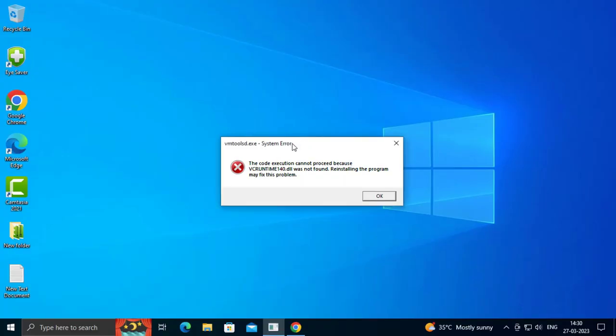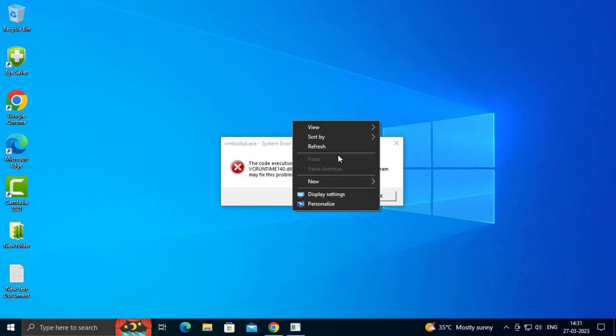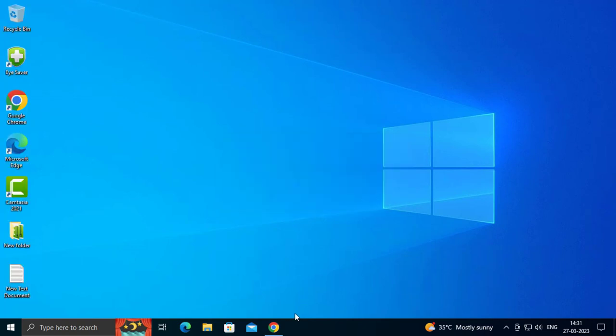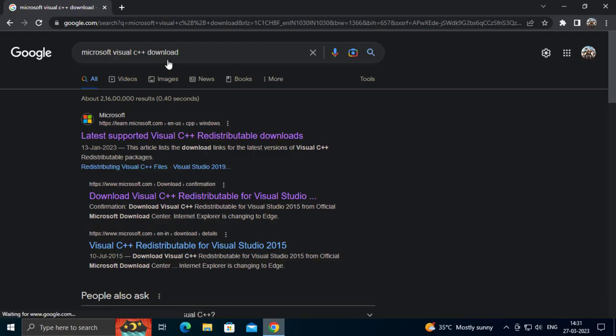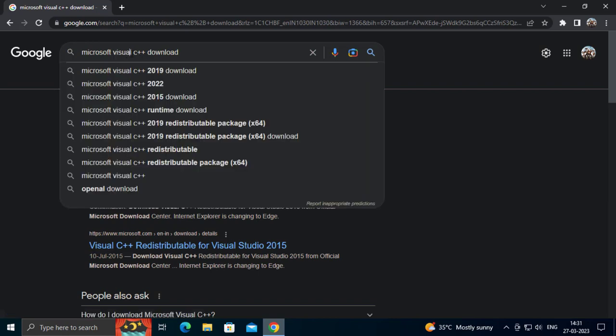Today we are going to fix "vcruntime140.dll was not found. Reinstalling the program may fix this problem." Let's fix this guys. For getting this error, it's easy to fix it guys. Go to Chrome and type Microsoft Visual